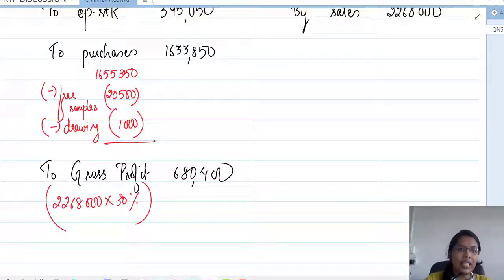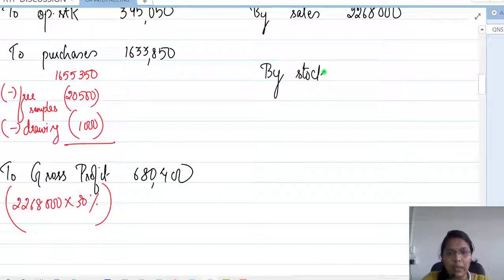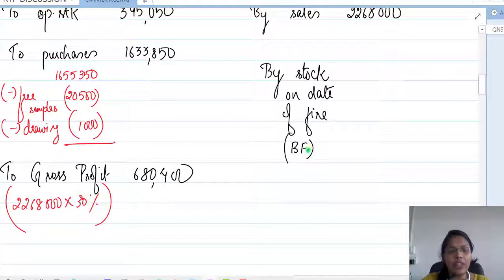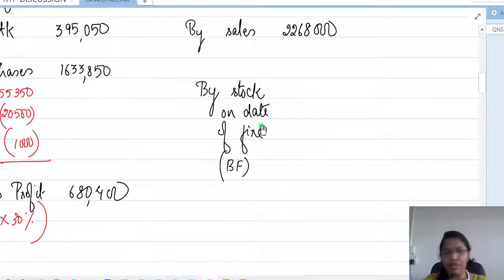So I have got the debit side completed and the credit side as incomplete, which means to ensure that this trading account gets tallied, the resultant figure will be nothing but stock on date of fire. Now we do not record it as closing stock because closing stock will give an indication that it is at the end of the year on 31st March. But that is not the case. We are trying to find what is the stock, or what was the stock, at the time this fire has occurred. So therefore we give the name stock on date of fire, and the amount is going to be